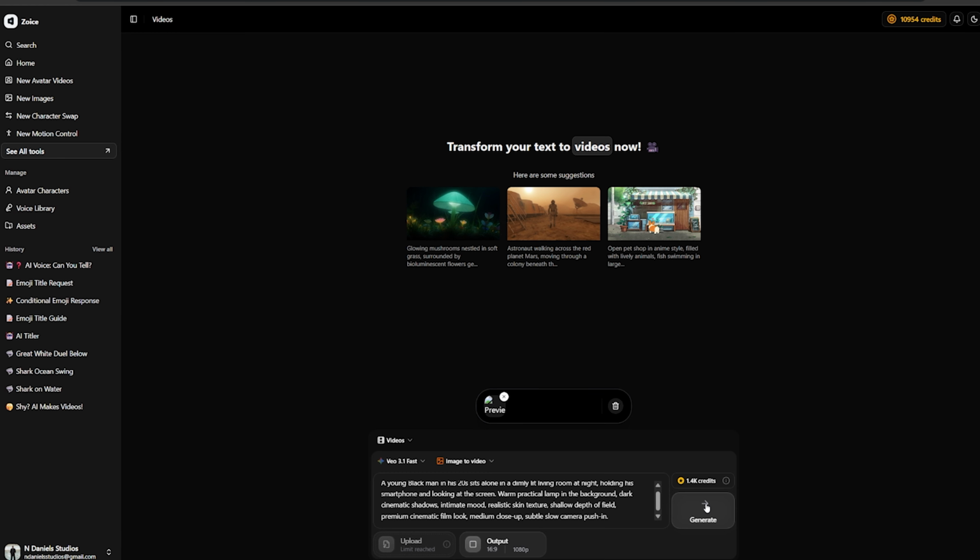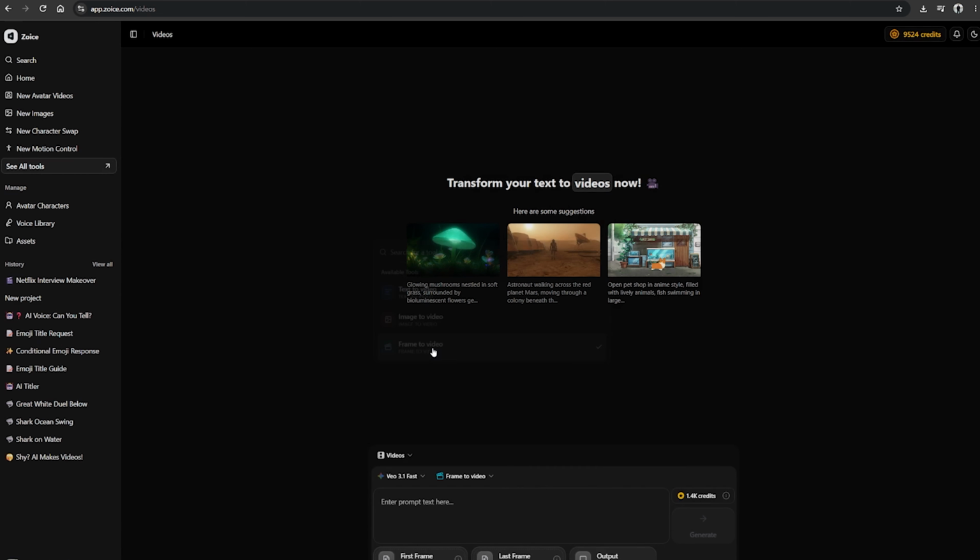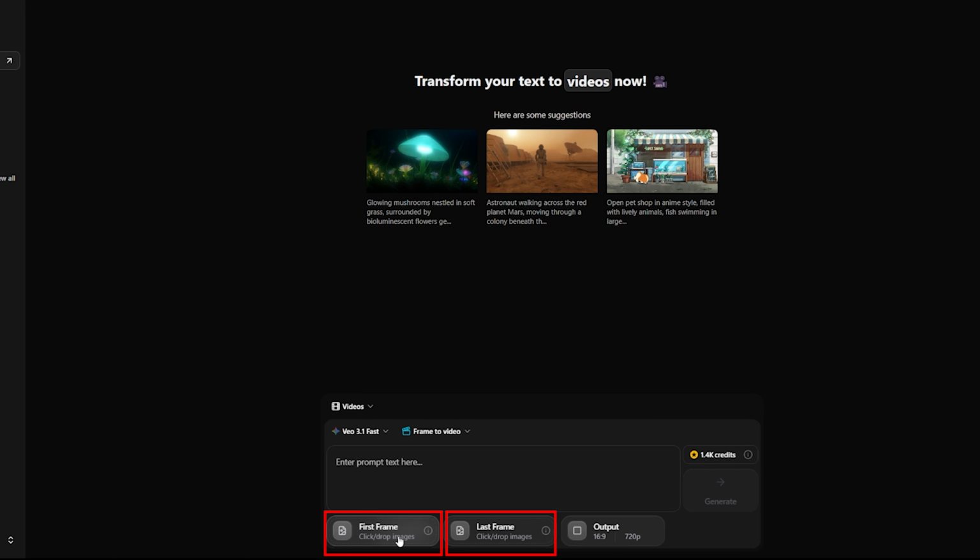So we're going to try the frame to video model. So here we're going to use two images, the first frame and the last frame. So I'm going to upload two images, one for the first frame and one for the last frame. After that, you type in your prompt, wait for it to upload. Once it's done uploading,